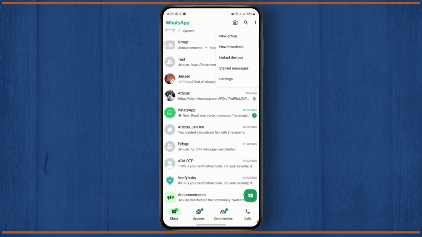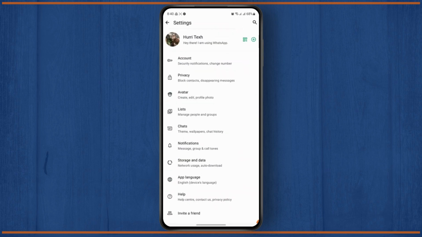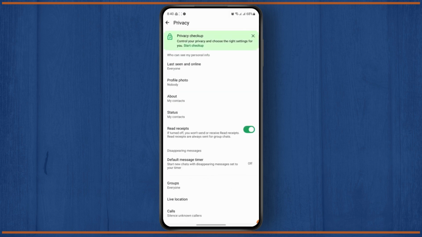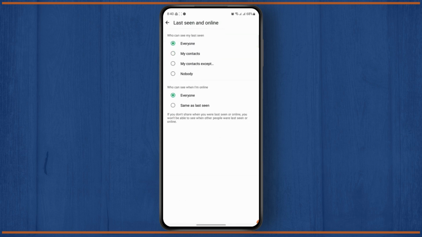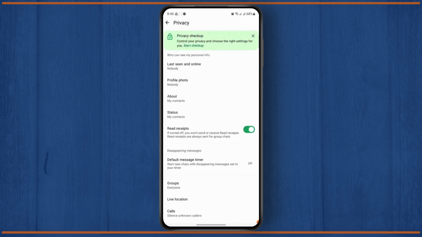Tap on the three lines at the top right and then tap on the settings menu. And now from here, you are going to head over to privacy settings because you are going to have to set this to only me. So just tap on this last seen and online, and on the who can see my last seen, make sure that you set this to nobody, and who can see when I'm online, you can do this the same as last seen. After doing this, no one will be able to see even if you're online or your last seen